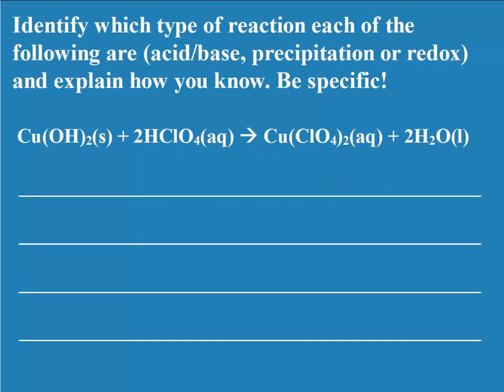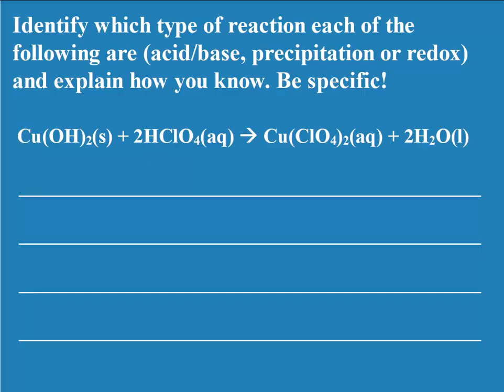So for these problems, we're going to identify which type of reaction is taking place. Our three choices are acid-base, precipitation, or redox. And then we have to be able to explain how we know that. So usually it's easiest to first eliminate our